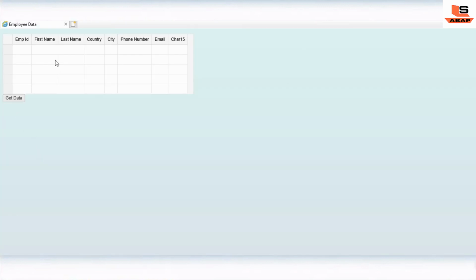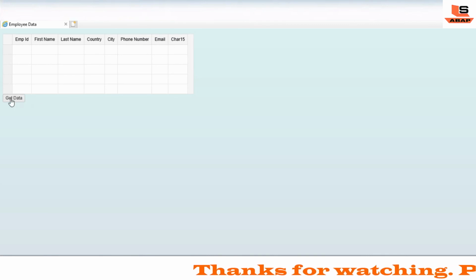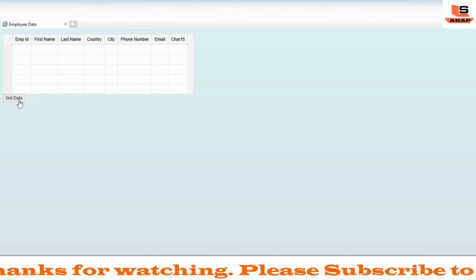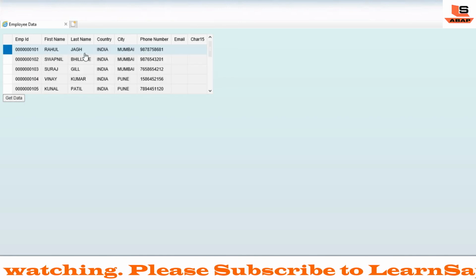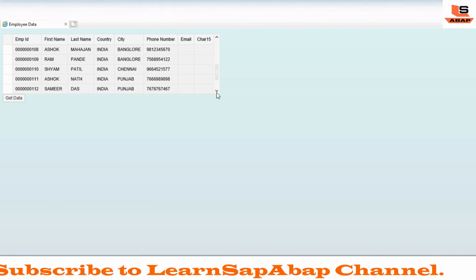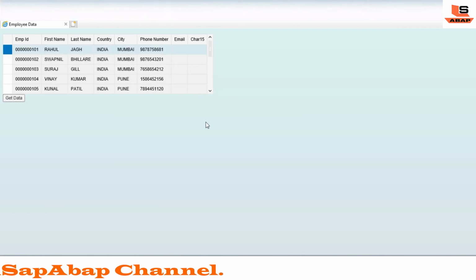As you can see here, let's open our website in a web page, and we have blank data. Now when we click on the get data button, it will retrieve all the data. Let's see. Click on get data. Now as you can see, we have all the data in this table. So this is the easiest way you can append the data to the table.